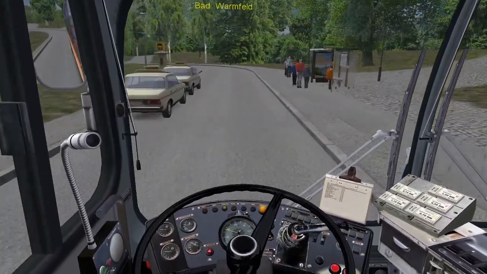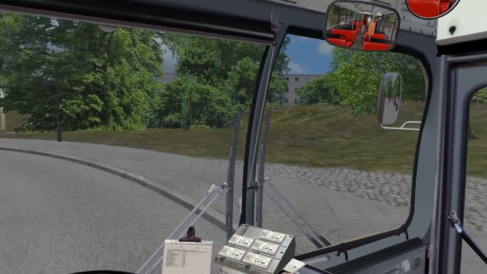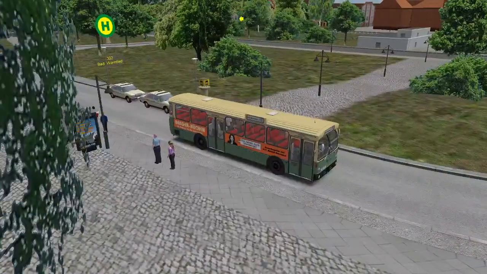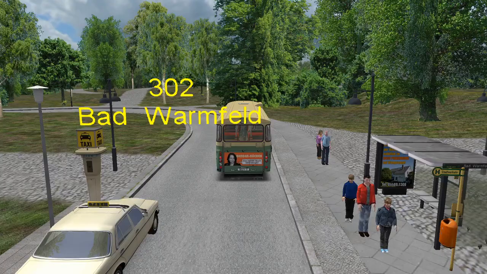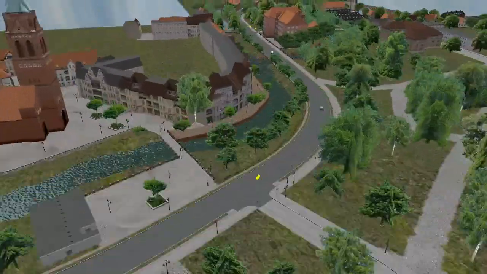We're at the terminus here, so I'm not going to go on about all that. But here we are at Bad Warmfeld, and we have finished here in a really nice Mercedes-Benz O305 classic bus from the past in our fictional Bad Warmfeld. We did pass a rather nice... Oh no, we don't need... Yeah, so that's the windows. You probably don't see them, but we do have a nice little...